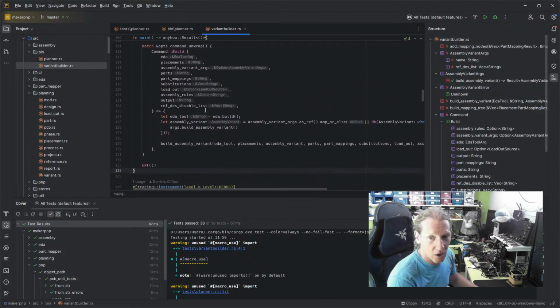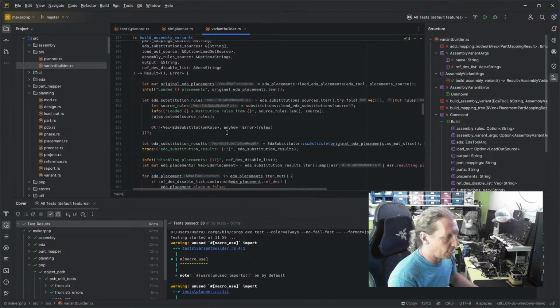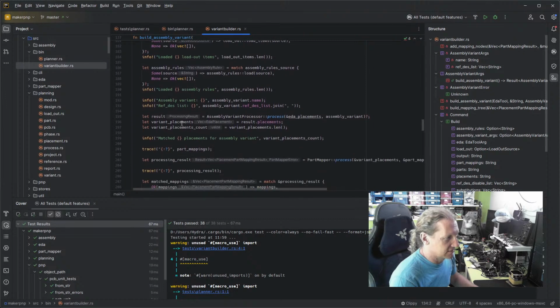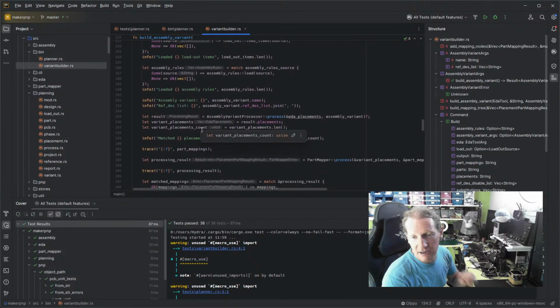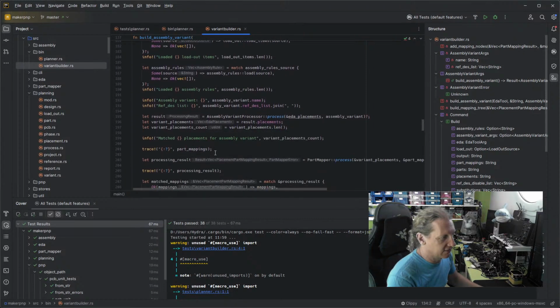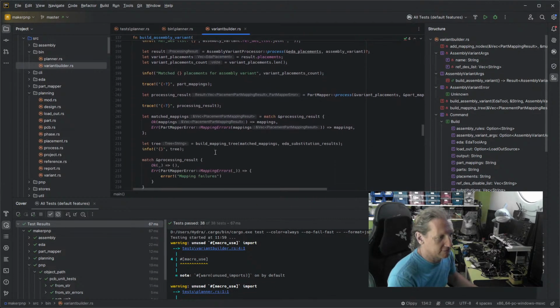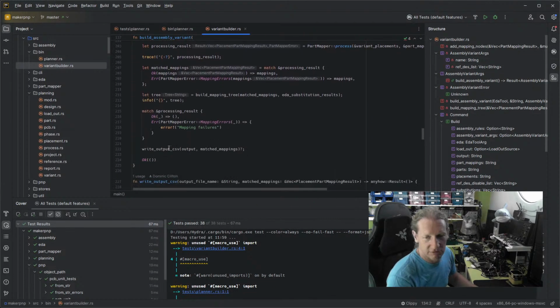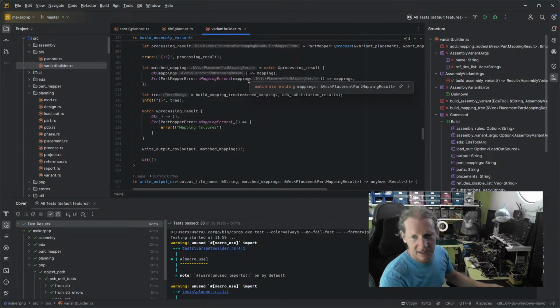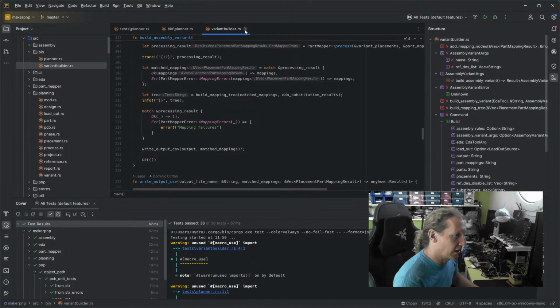We want to achieve the same thing with this variant builder at some point. I had a quick go at poking this around yesterday, but the creation of a variant is one thing that this is doing, and then it's also displaying results and things like this, and mapping trees and writing CSV outputs, so it's doing too much at the moment, but we need to break this up a little bit. I started doing it yesterday, but then backed out the changes because I wasn't happy with them. But anyway,